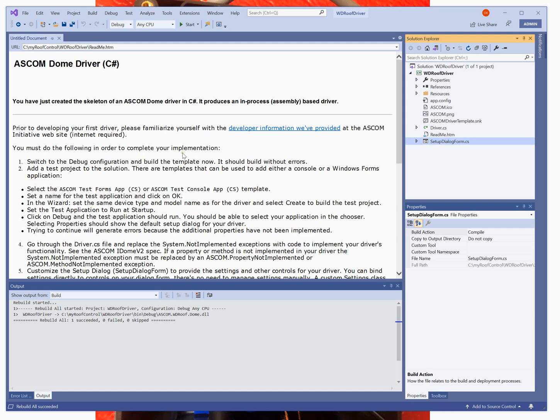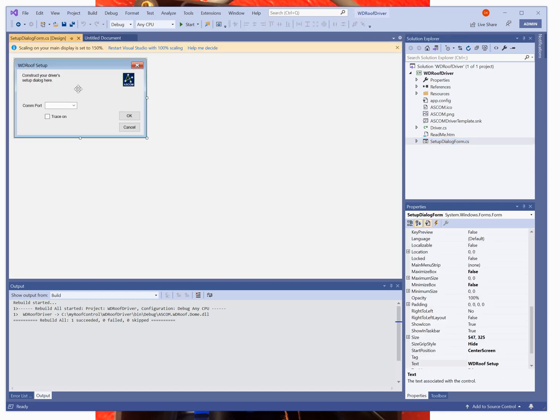If we actually look at the setup form, you will see the standard little ASCOM thing that you normally see with COM port and stuff like that. And we're going to change that in a minute. But before we do that,